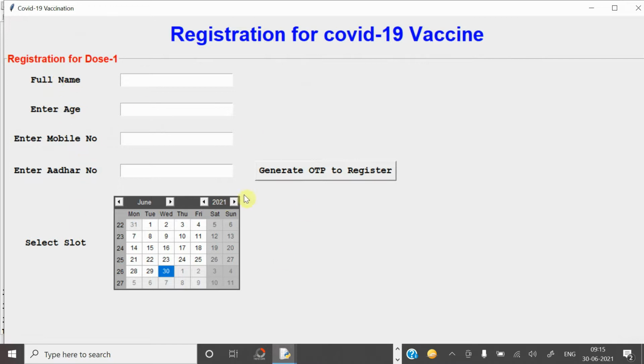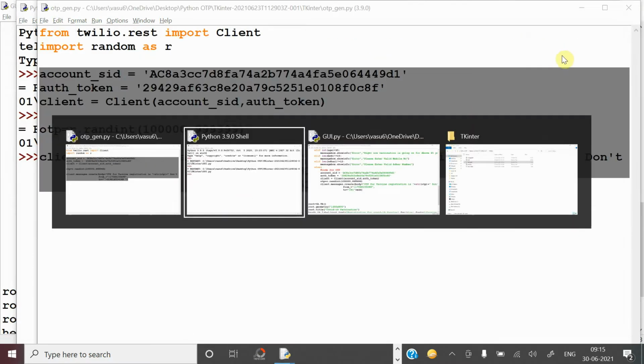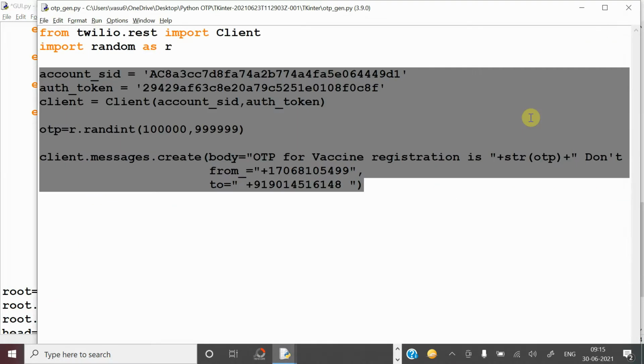For this, you just have to write f2.pack_forget. Now the particular frame will disappear. Let's run and see.